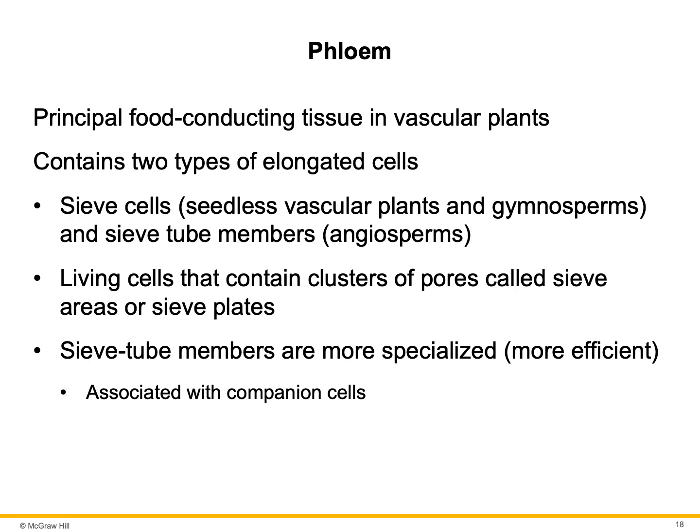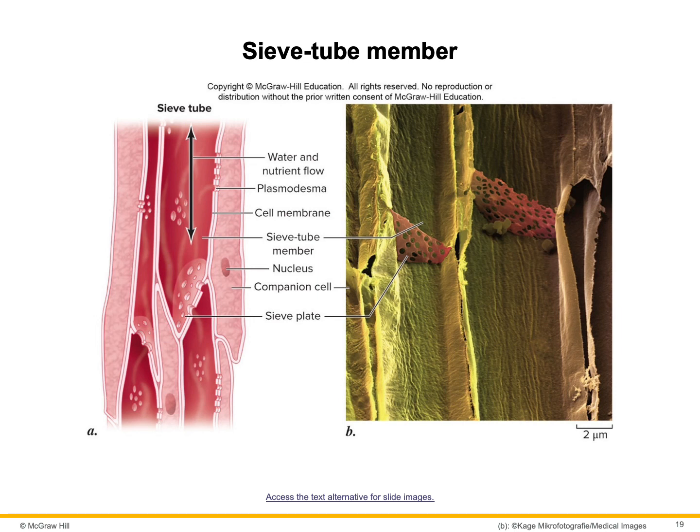Both of these cells are living, but they lack a nucleus at maturity. Each sieve tube member is therefore associated with an adjacent specialized parenchyma cell known as a companion cell. This companion cell carries out some of the metabolic functions for the sieve tube members. So here is a picture of the sieve plate, companion cell, sieve tube member, cell membrane, plasmodesmata, and water and nutrition flow